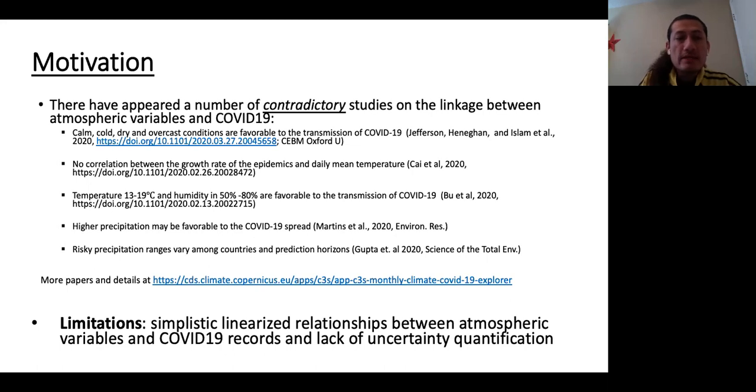In most cases, these studies are limited by applying simplistic linearized relationships, but also by the lack of uncertainty quantification. And there is still a low amount of COVID-19 records in comparison with other diseases, so it's very challenging to work with that amount of data. But well,